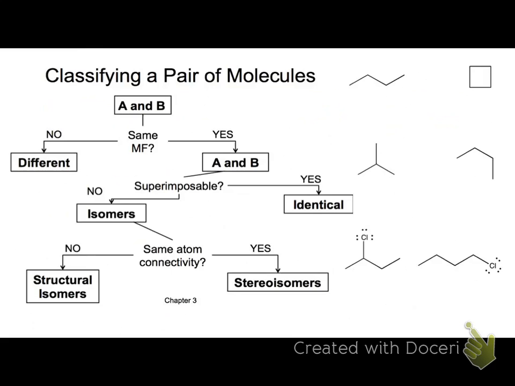We ended with classifying a pair of molecules, I believe is where we stopped. Trying to understand the different relationships between each of these. If I remember correctly, we didn't look at the last example, or did we do that one? Anybody remember? Did we do these? Yes? Okay, let's try a different one then. Because we don't have stereoisomers on there. Let's try